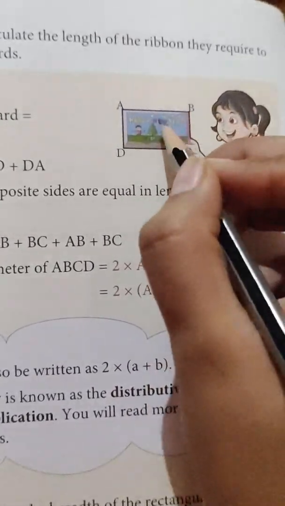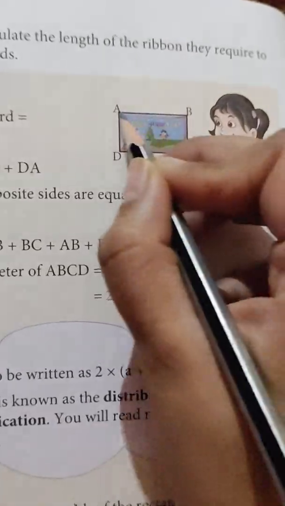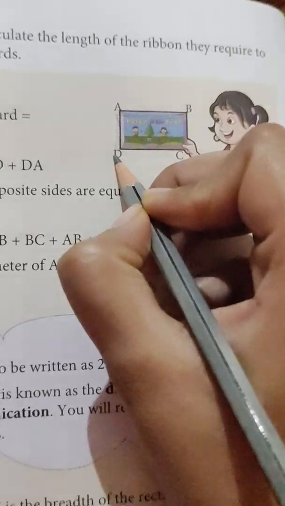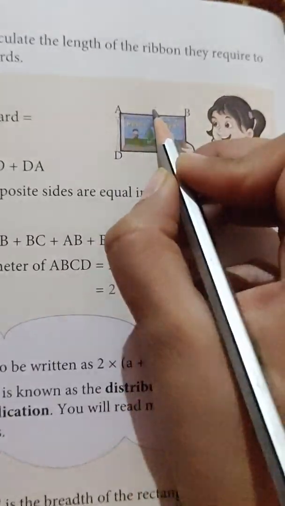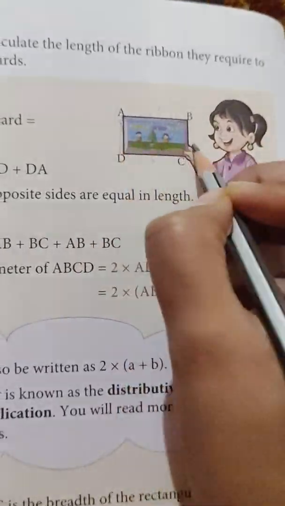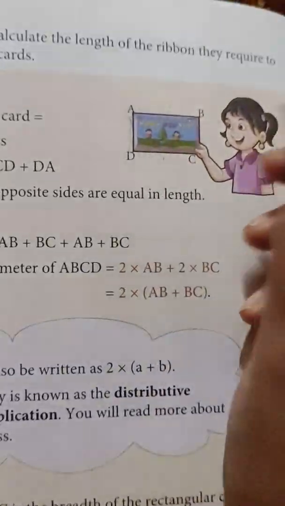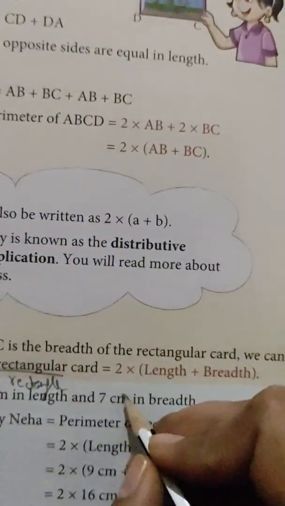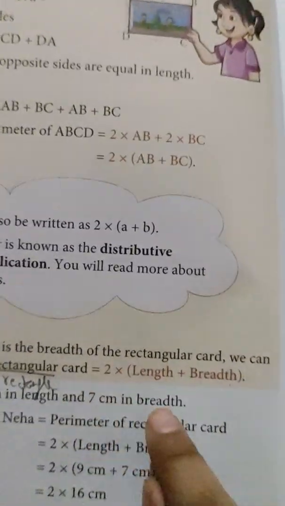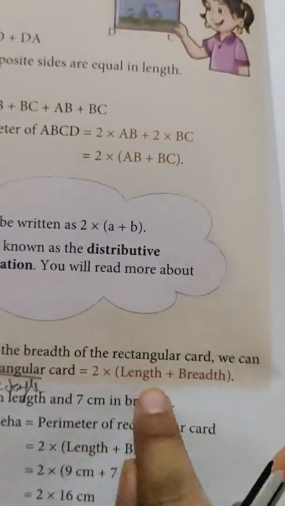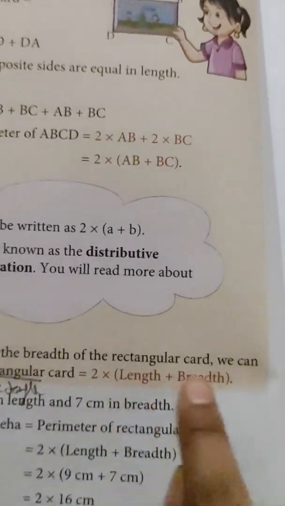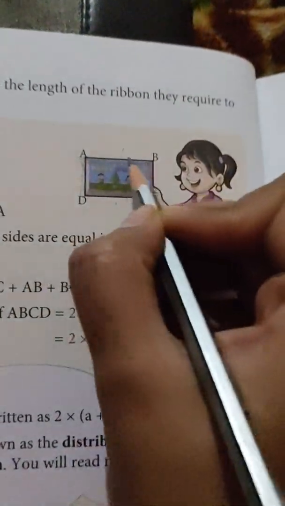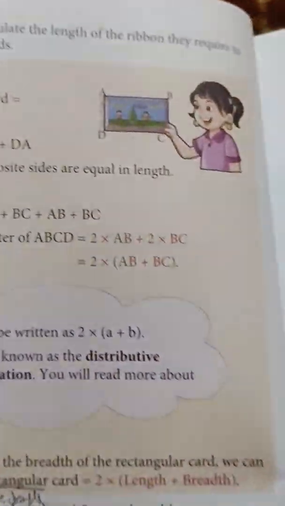Okay, 2 lengths will be given. This is length for you and this one is breadth for you. So this is length and this one is breadth, remember. So there are 2 lengths, you can add these, and there are 2 breadths, you can add all 4 of them, and then you will get the answer, the perimeter. But if you want to use the formula, 2 lengths are given, so 2, bracket is open, means 2 length, 2 breadth. You have to add length and breadth and multiply with 2, then you will get the answer. Length is this long and breadth is this wide.